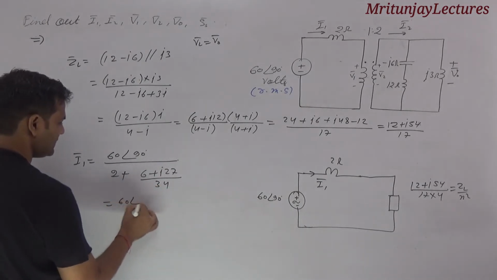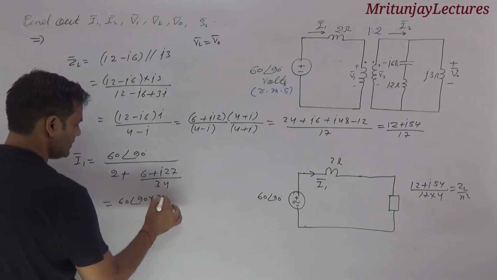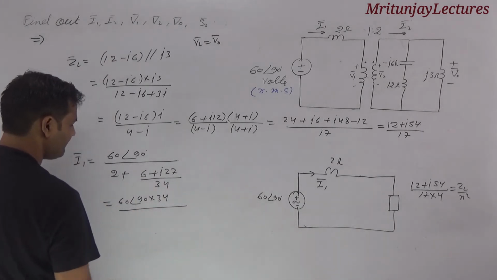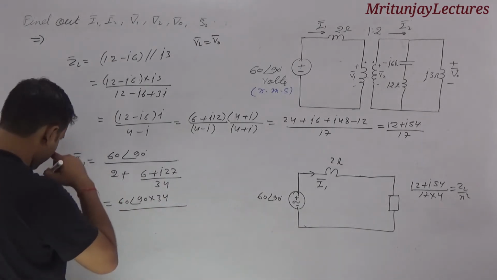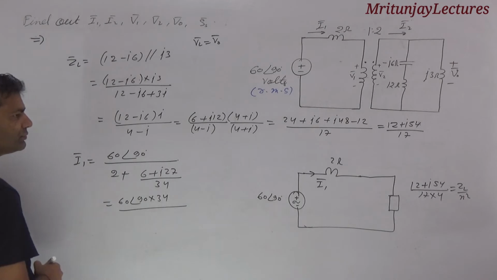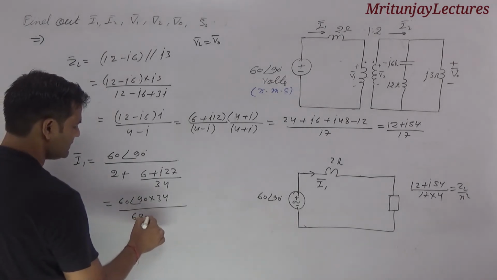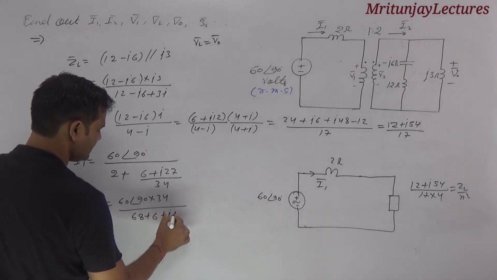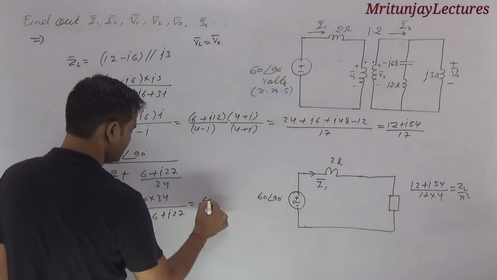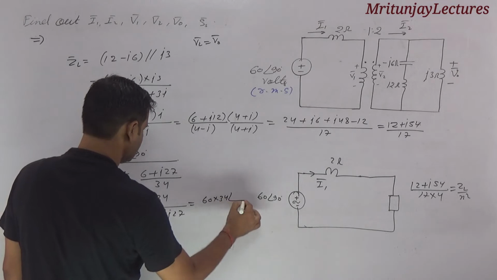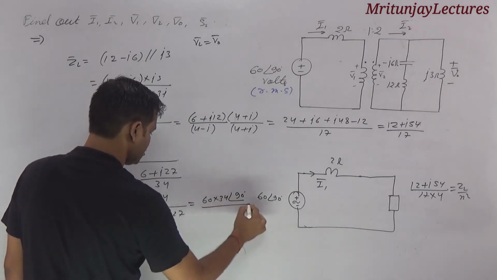So 60 at the angle 90 into 34 whole divided by 34 into 2, that is 68, plus 6 plus j27. Finally, 60 into 34 at the angle 90 degree whole divided by